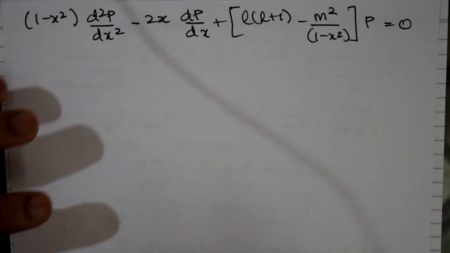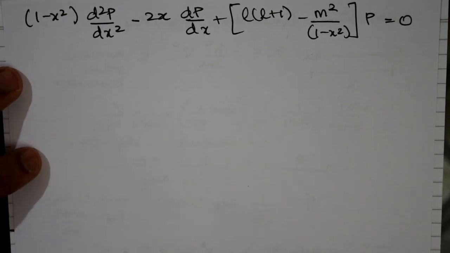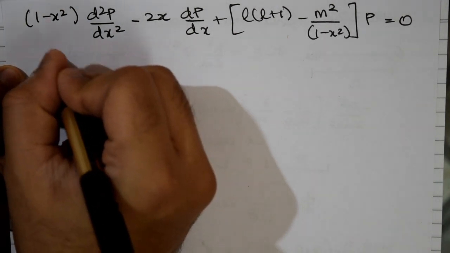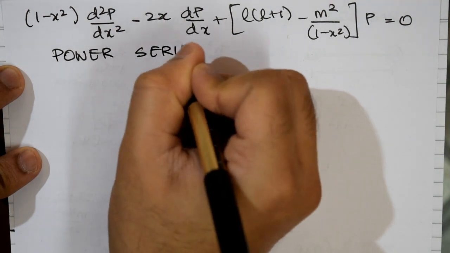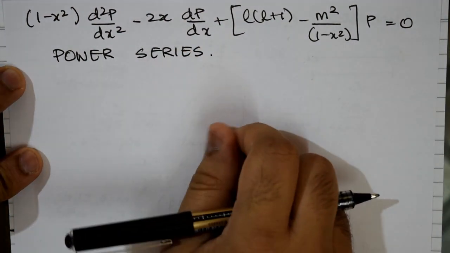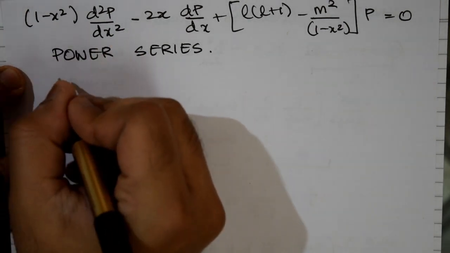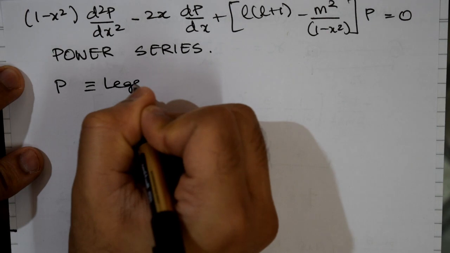So this is the equation that we have finally ended up with, and this equation is what we will end up solving, and this is solved using the power series method, which once again we had discussed in the harmonic oscillator problem. This works out in a way such that P comes up as the Legendre polynomials